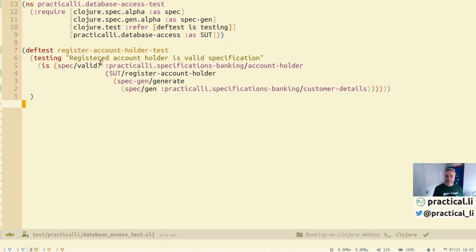And so these tests are against the database access namespace. So the functions we're testing here are the database access functions, which access information in the database. So we're testing that they're pulling out the right information from there as we go. So if we go and have a look at that,